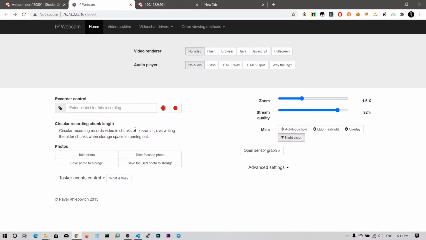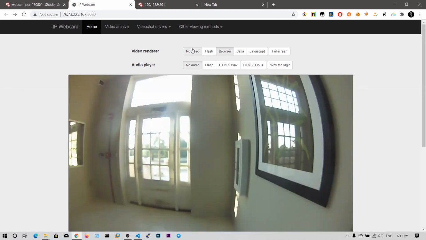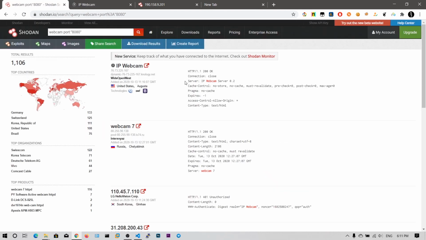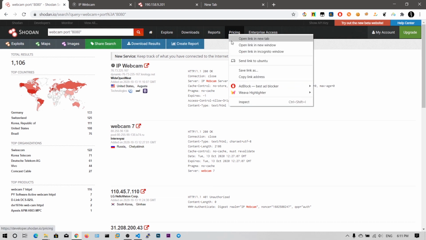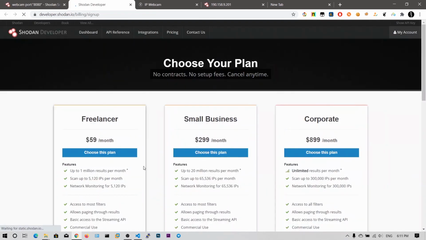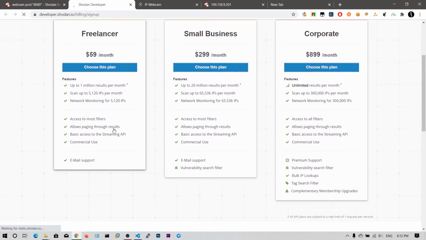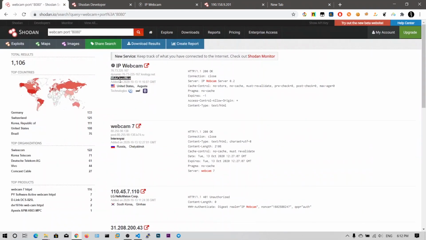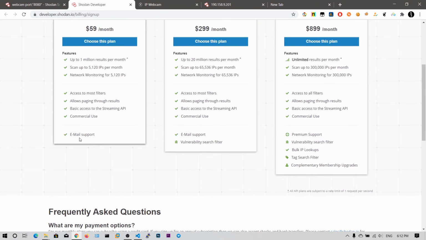Basically you can find almost all the devices which are connected to the internet using this Shodan. That's the main aim of Shodan. So that's all for this video, and I hope you have understood Shodan. And if you want more searches and more advanced features of Shodan, you can just sign up for a freelancer plan, and it will be very useful if you are interested in pen testing, this internet-connected IoT pen testing.